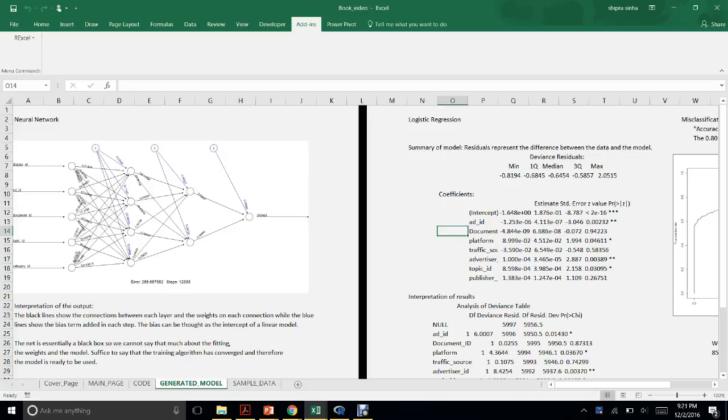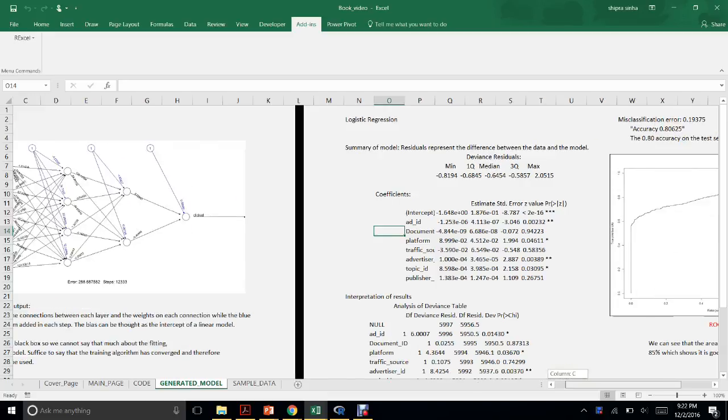First is an input layer, which is the input of our data. Second is a hidden layer. Generally it is hidden, but we are showing it for the purpose of this project. This contains the weight of each attribute, and the final is the result, which here is clicked or not clicked.